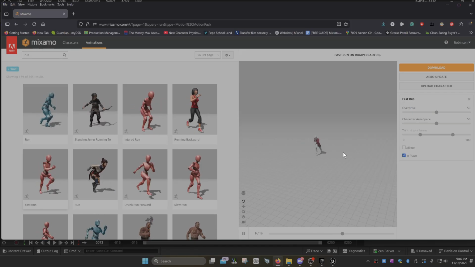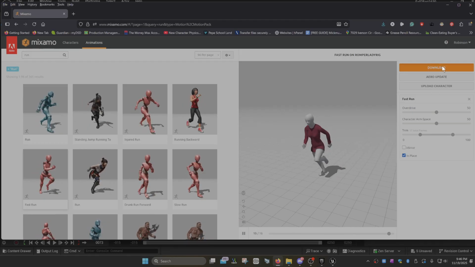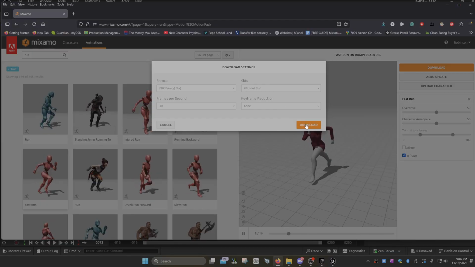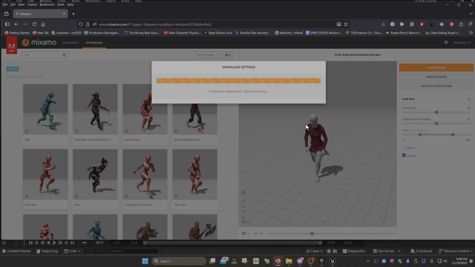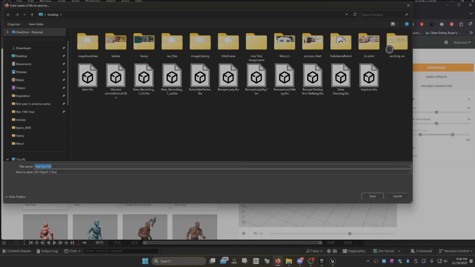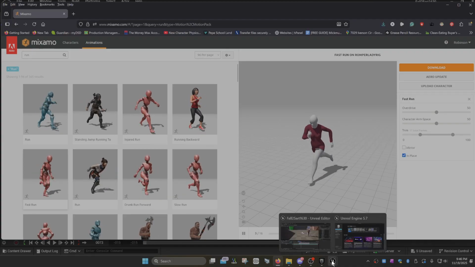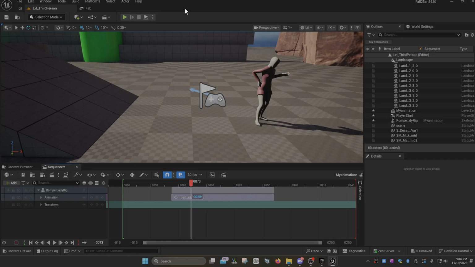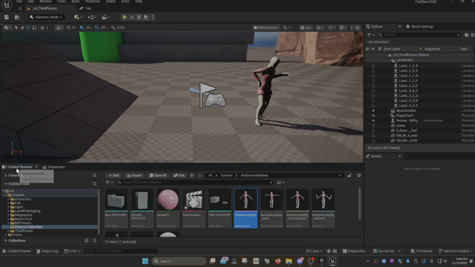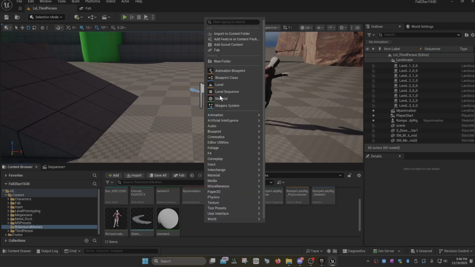So I just want to show you that you can animate in Unreal too. So we'll say download without skin. Now I'll just put it here. Romper. Let's run and save. So now in Unreal, I'm going to import those two. So I can close this now. I'm gonna go to my content browser, and here's all my stuff. So I'm going to bring those two in. So I'm gonna say import to current folder,